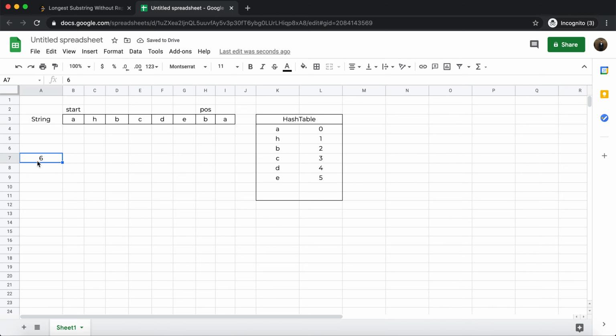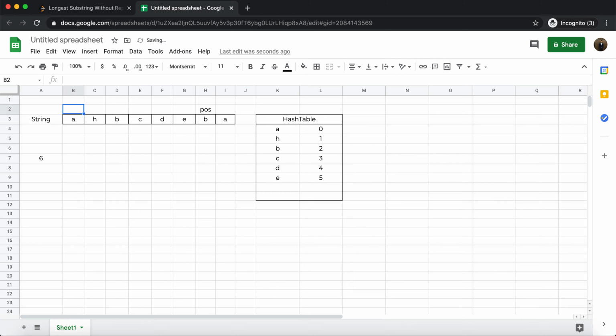With that out of the way, we need to start the next substring. From which location can we start our next substring? We know that if we include B, then this is an invalid substring because then we have two B's. Hence we need to remove all these characters from the start, and our next substring can start from here, because if we start a substring from this location, then we know for sure that this B will not hinder, since this B is omitted. So all this part of the substring is omitted, and the new substring will start from here.